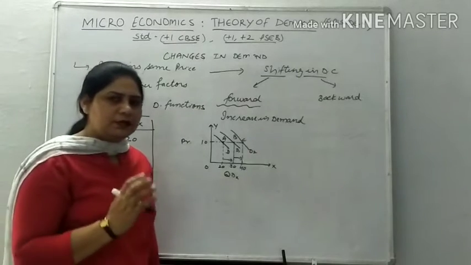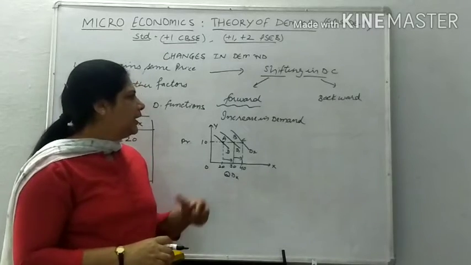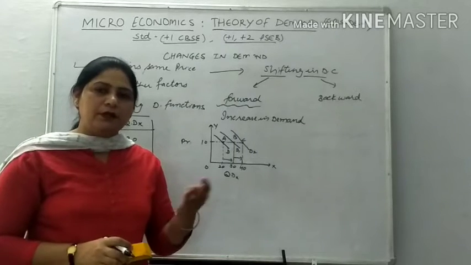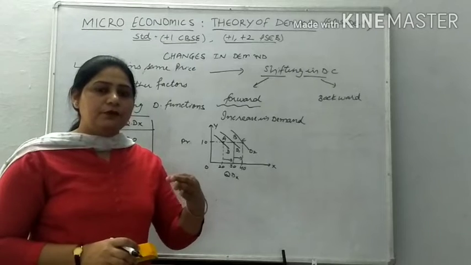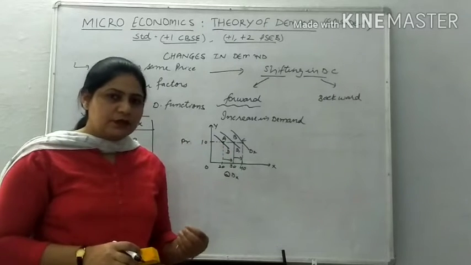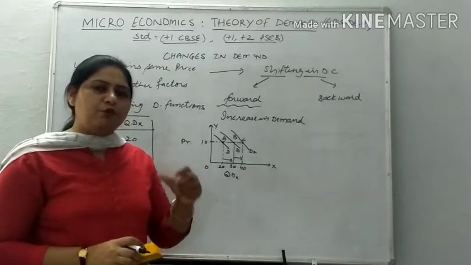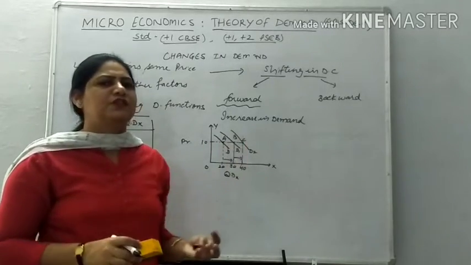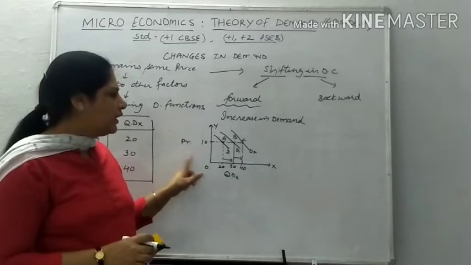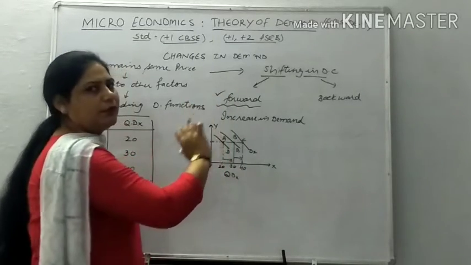Suppose think over it, why this happens. There are some favorable changes in other factors that can affect demand. Suppose consumers' income got increased. Suppose price of substitute good rises, or suppose price of complementary good falls. Suppose there are lesser taxes imposed on consumers. There are so many such reasons that can be responsible for the change. Okay, dear students, this is forward shifting as I have told you here.